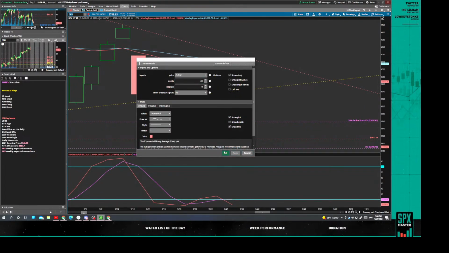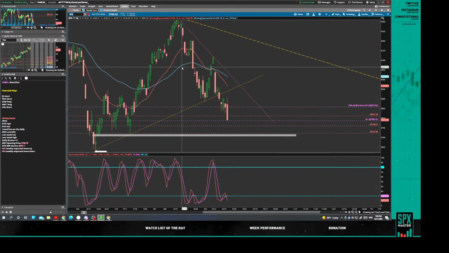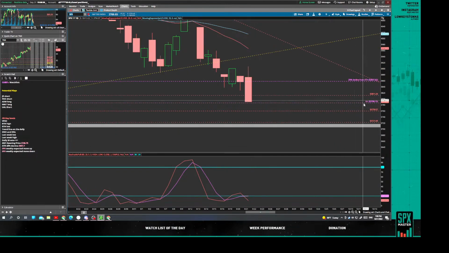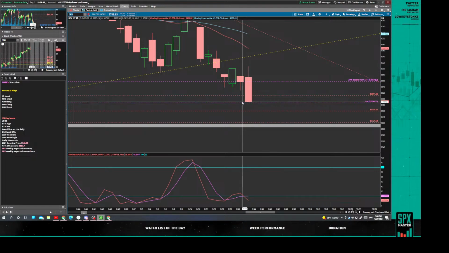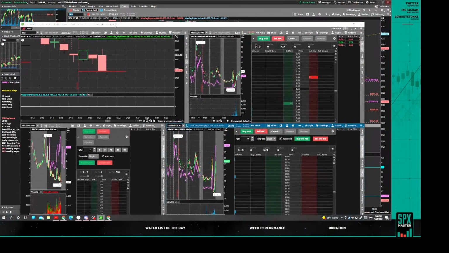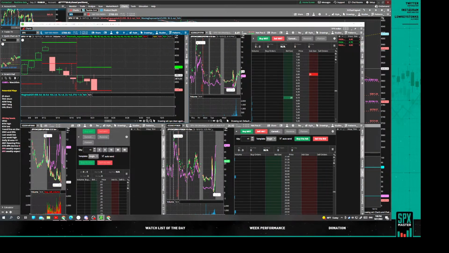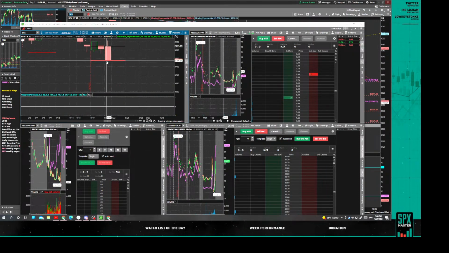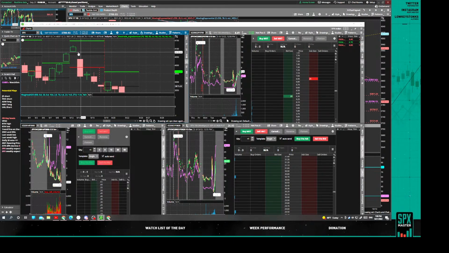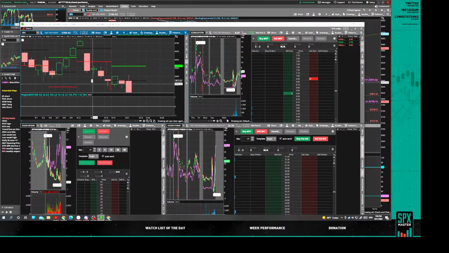It's very simple, and that's it. But let's keep something in mind: the implied move for the week on SPX is right here. We were sure of hitting the implied move for the week, within a couple of points. You can see on this little indicator that it gives me the top and the bottom of the implied move, and we're basically at the lows of it. That does not mean it cannot fall further, because if you look at past weeks, the market did almost a three-sigma move off of this implied move.